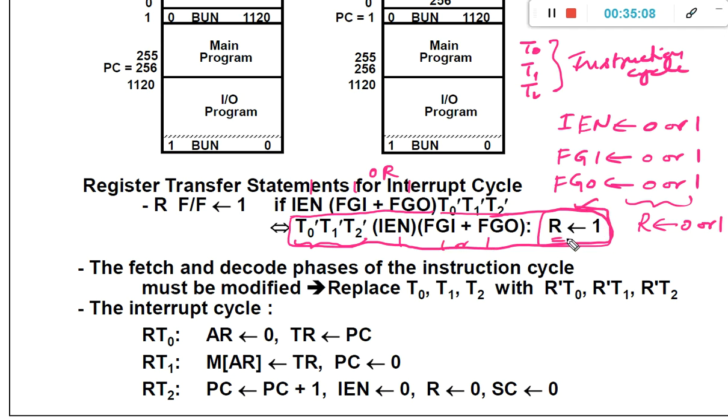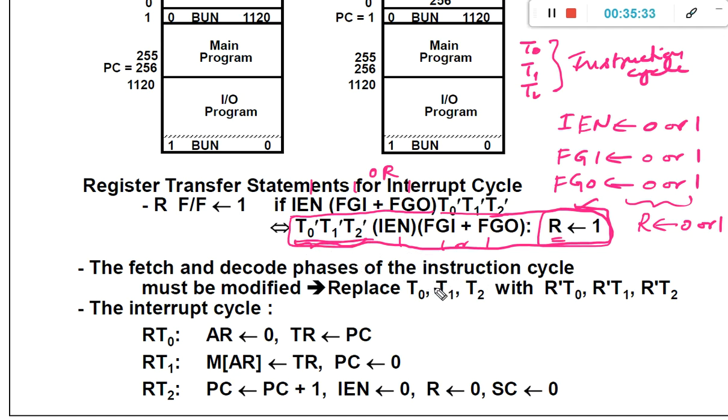Whenever the R flag is set to 1, then instead of continuing the instruction cycle, we need to execute the interrupt cycle. So this implementation of T0', T1', T2' may not be valid. That is why we now need to bifurcate between the instruction cycle and the interrupt cycle.